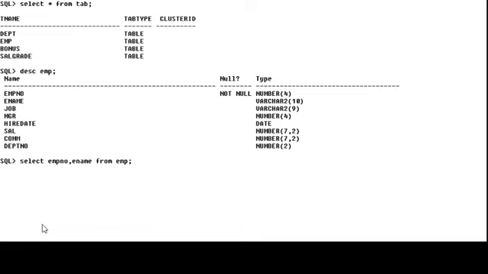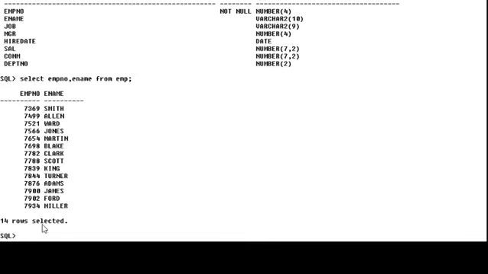In the previous query, we used select star from EMP to display all the columns and all the data. Now we want to display only 2 columns with all their data. So we write select EMPNO, ENAME from EMP and hit enter.